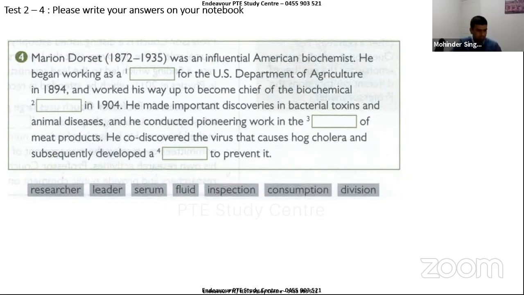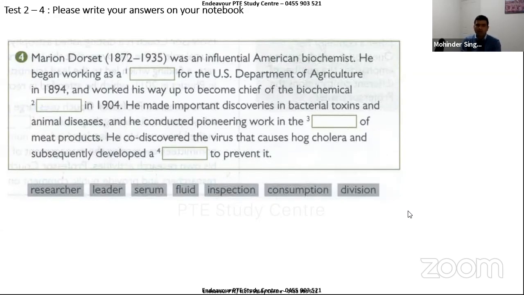Okay, let's discuss this. Researcher is the first one, working as a researcher for the US department. Most of you have got a researcher. Yep, researcher. Yep, Manmeet, researcher. Second one is as a researcher for the US Department of Agriculture in 1894 and worked his way up to become chief of